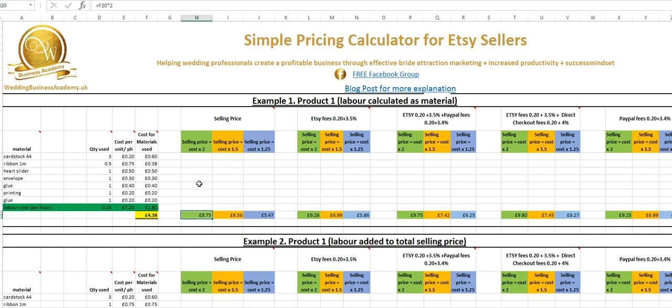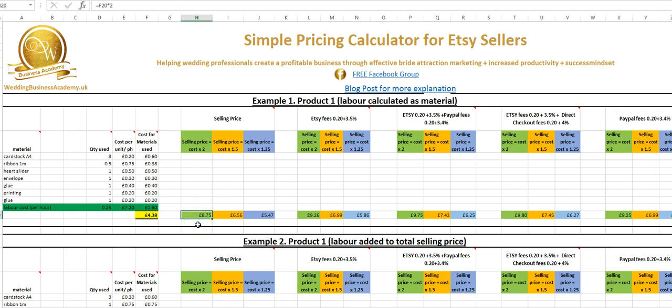For a wedding invitation, I can't really charge £8.75 per invitation. It's a lot, especially when people need around 90 or a couple of hundred invitations. It's a lot to actually charge. I'm going to price myself out of the market if I use this pricing, and that's before any of Etsy's